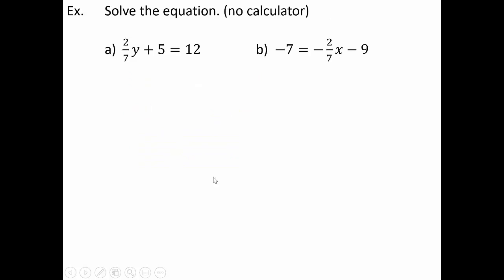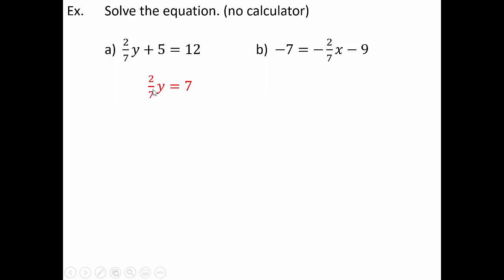All right, let's move on to solving. Now, I would assume that you know how to solve a simple linear equation. That shouldn't be beyond your capability at this level, but I wanted to make sure I threw one in with fractions just to make sure that we're as confident with the easy problems as we are with the even easier problems. Looking at the first one, hopefully your first thought is to subtract 5, and then normally we would divide